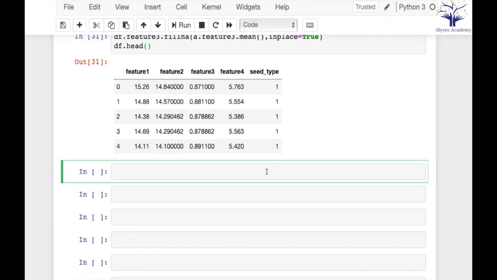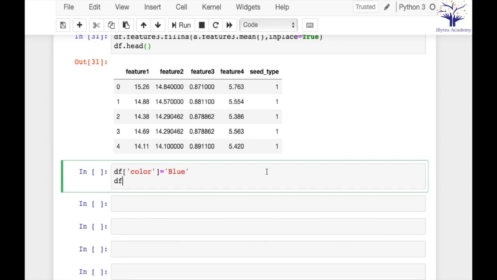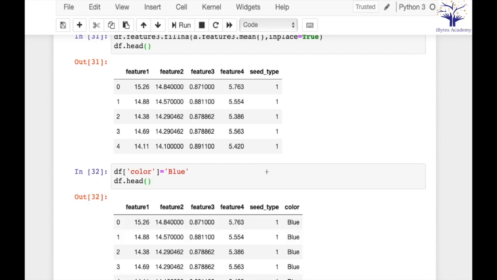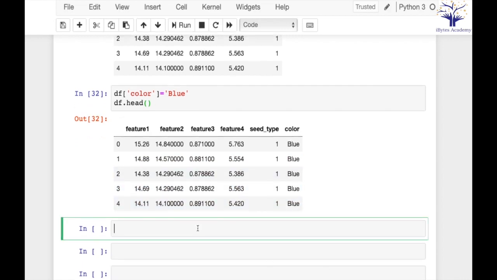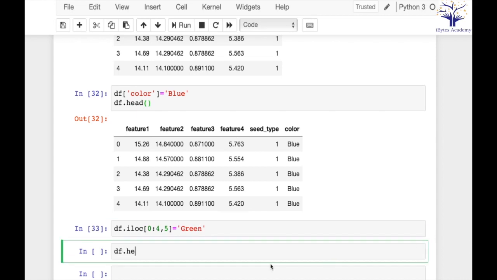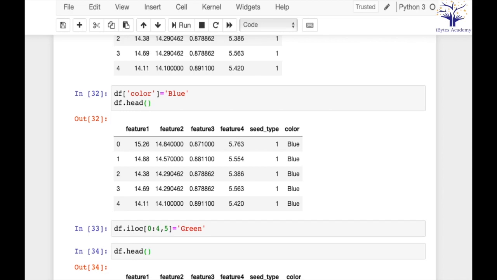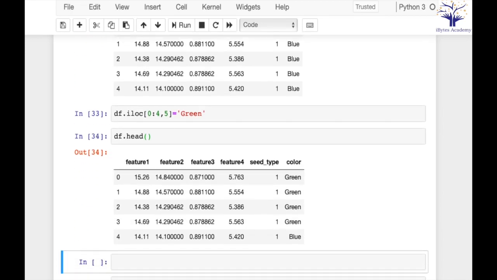So let me add a column color where I'm adding everything as blue, right? So if I see my df, it is something like this, where each value in this column will be blue. Let me replace some of them with some other color. df.iloc 0 to 4, 5. So what I'm doing is, for the first 4 rows I am giving green, and for the rest of the data set it will be